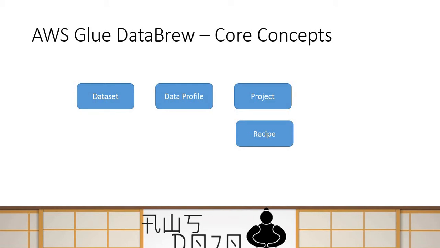Let's take an example. Your step one could be to remove all the null value rows or blank rows. Step two could be to merge two columns into a single column. Your step three could be to create an inner join with another dataset. So you can create multiple such transformations as steps within your recipe, and then this recipe is a part of the project, and this project represents the bundle of transformations you want to perform on the dataset. So once you have created your project with the kind of transformation you want to do by configuring the recipe,